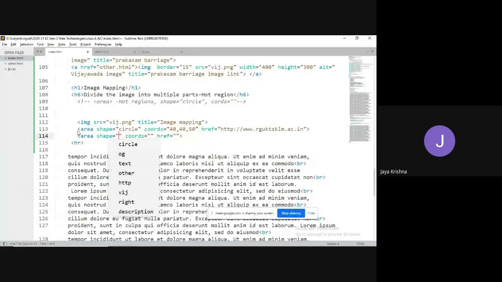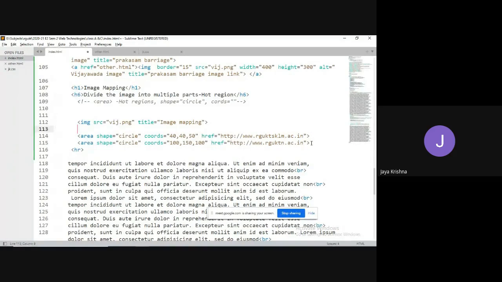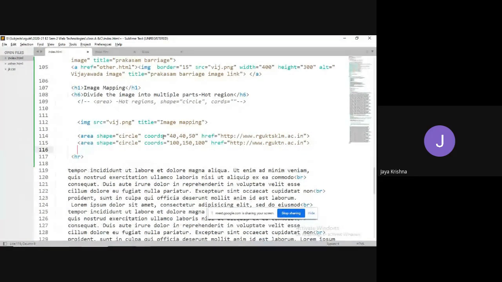I would like to give once again a circle, for example, 100, 150, and a radius of 100. The link is http://www.rguktn.ac.in. Yes. So I decided to give two regions in this vijayawada.png image.